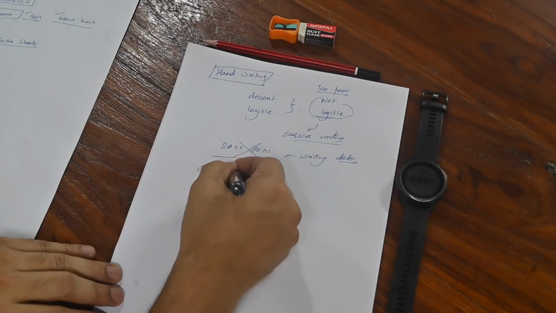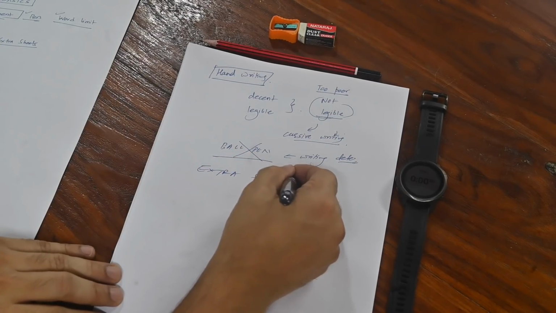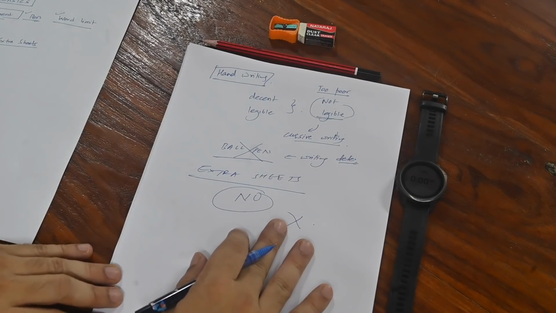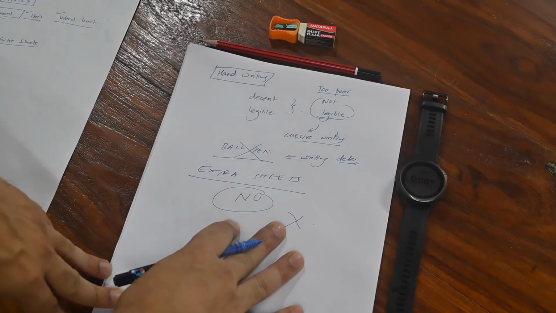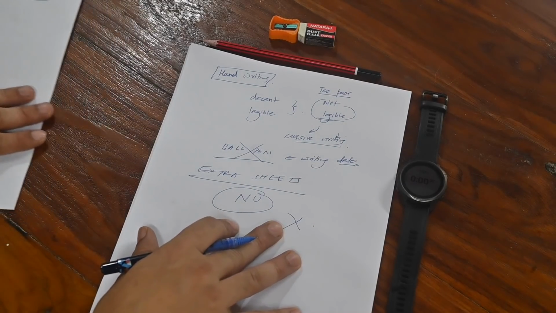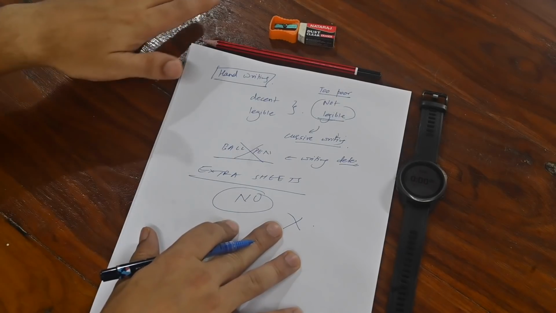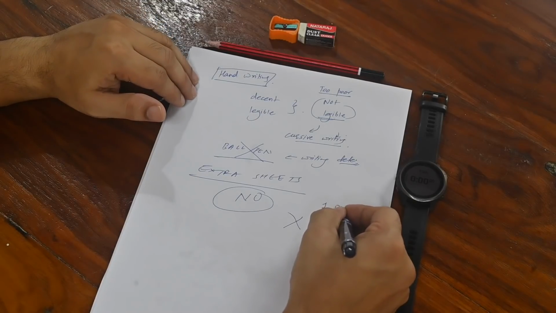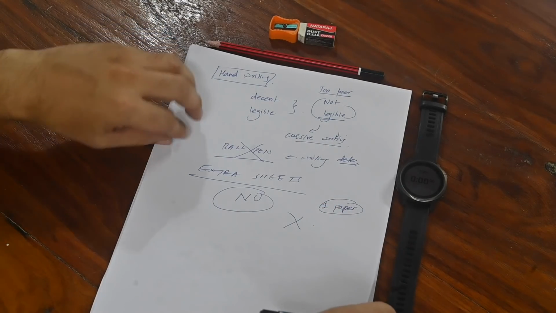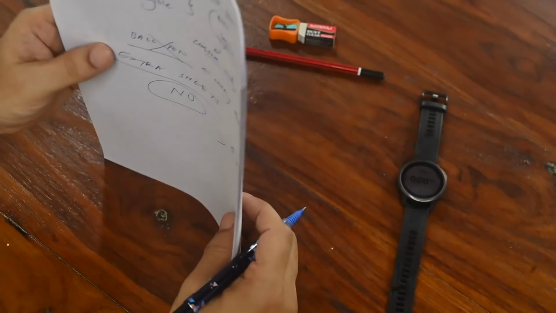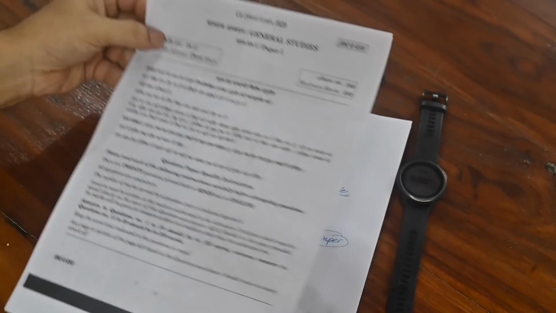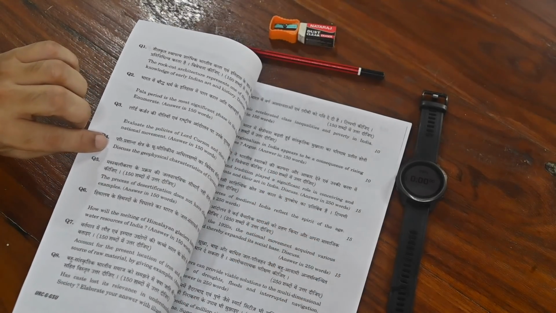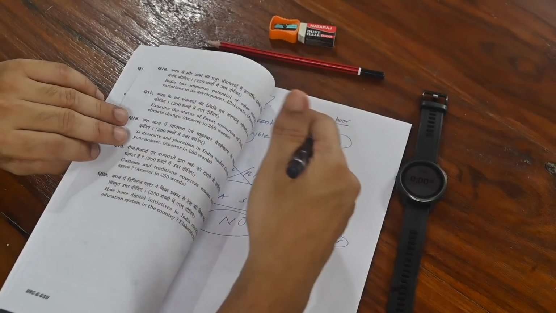Now extra sheets, there are no extra sheets. There are no extra sheets for UPSC. The UPSC paper will come simply as one paper, and you are required to produce all your answers in that one paper. It will basically be a stapled kind of sheet. It will be like this. It will be stapled, and inside there will be a question sheet like this, and apart from the question sheet there will be sheets with the question.